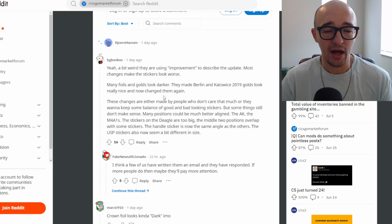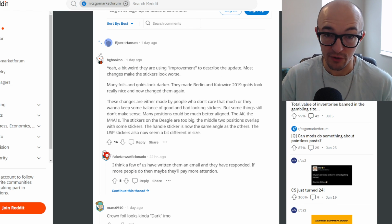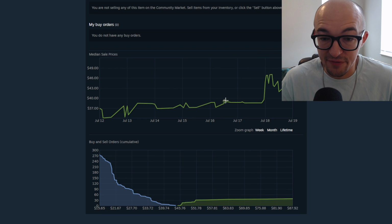You know, on the Reddit, all the comments are like, yeah, a bit weird. They're using "improvement" to describe the update. Most changes make the stickers look worse. Now, this gets me to my point, where what's actually also strange is that so far, again, this update came